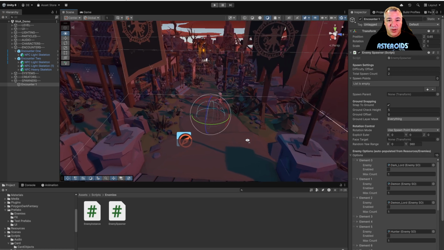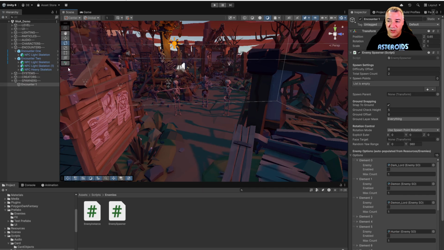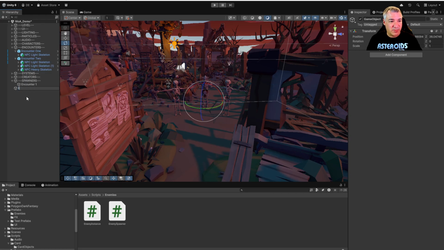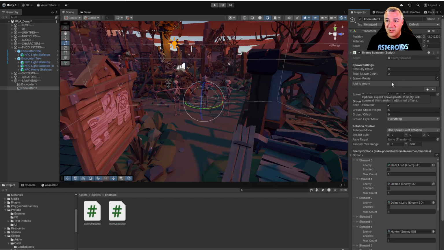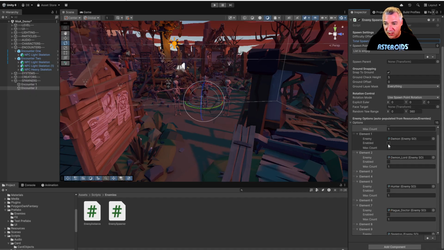So I've got my spawner, and I do want to test it a little bit more. So what I'm going to do is create a second spawner, encounter 2, and I want it under my spawners. And then I just realized I really need to create a prefab for this, so I can just drop the prefab in instead of always applying this script. And I'm going to say that I want to spawn 5 enemies. And let's spawn 1 demon,